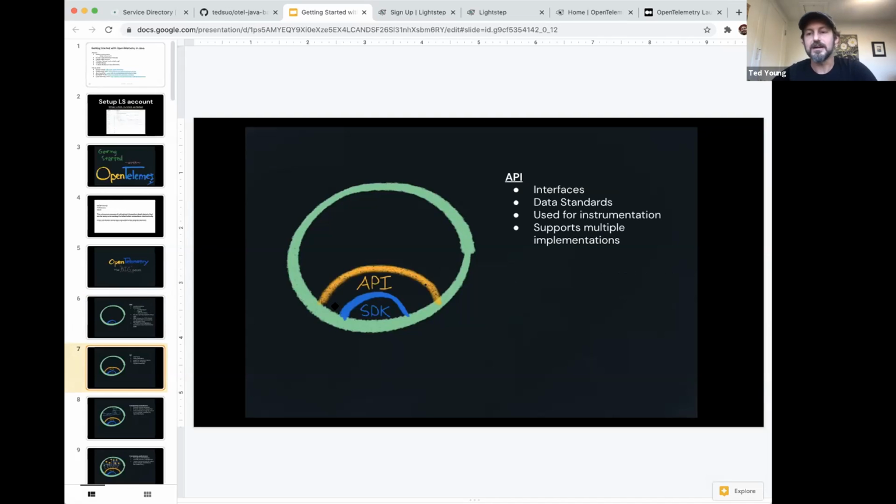implements an API. The OpenTelemetry API is actually a completely separate package from the OpenTelemetry SDK. There's a couple of good reasons for that. One is just clean separation of concerns. The SDK can potentially haul in a number of dependencies, and since it's the implementation, there's just a lot more code there.